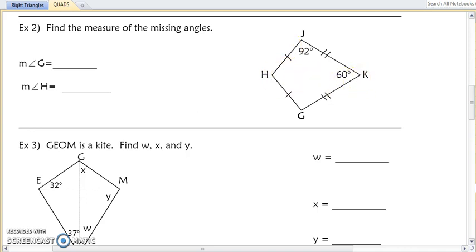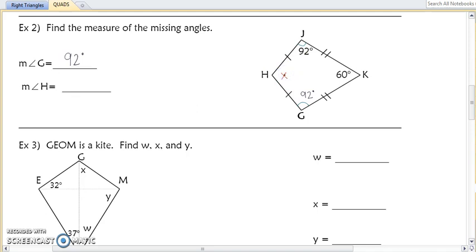We know more specifically that the non-vertex angles are the congruent ones. So this angle will be congruent to this angle. Again, they're created by two different tick marks. So we can conclude that angle G also has a measure of 92 degrees. We do not know that vertex angles are congruent. More specifically, they won't be. So my suggestion when you're trying to figure out the measure of a vertex angle is